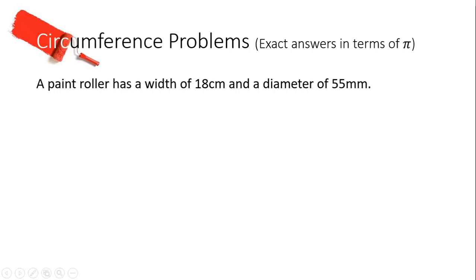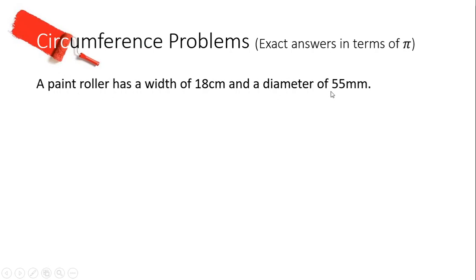Again, pay attention to the units of measure here because they're not the same. Either convert this to millimeters so that they're the same, or convert this to centimeters so that they're the same. Now, see the diagram I've got here for you so you can understand how this works? A paint roller is a cylindrical shape. It's round, and it's got a width of 18 centimeters and a diameter that's around the circle, cutting through the